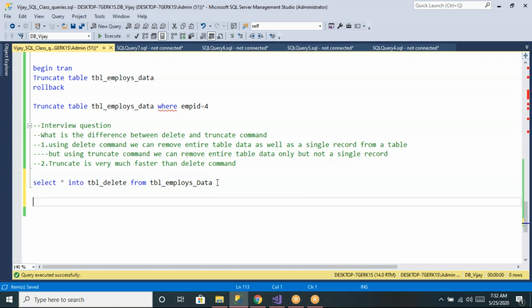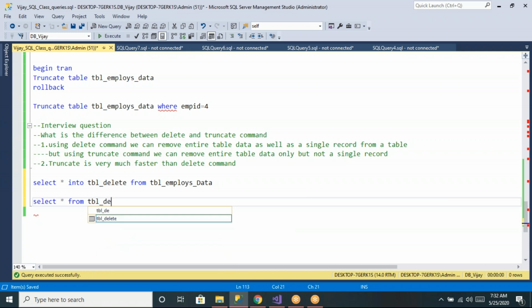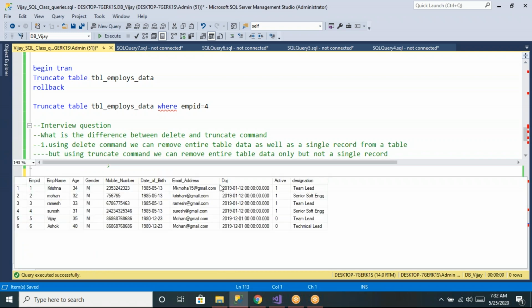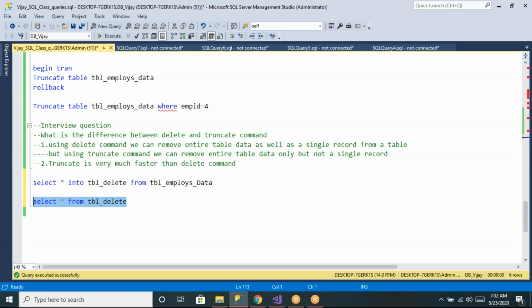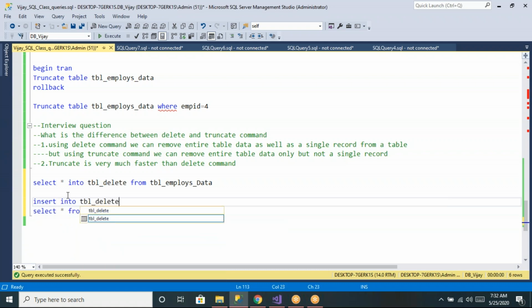Select star from table_delete. So now you can see I have 6 records in this table. Now I will insert the data: insert into table_delete.